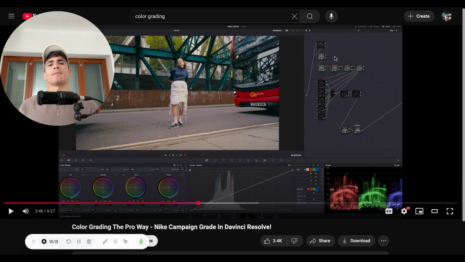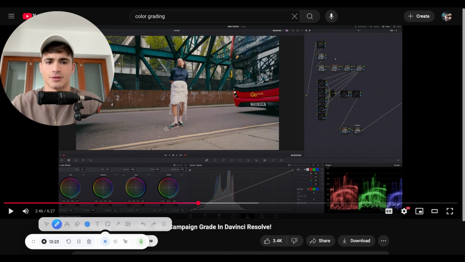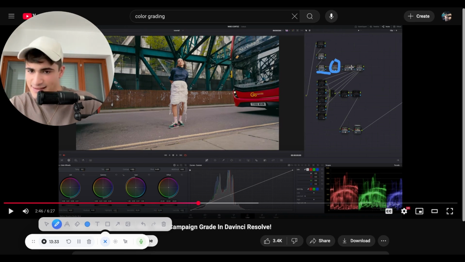He has his white balance after his contrast. Do you know why it's wrong? This is wrong because, wait, can I actually draw on this? Beautiful. So this is wrong because when you have white balance after your contrast, if you change anything in the contrast, I'm guessing, yeah, if you look at this, he used his lift gamma gain to make his white balance,